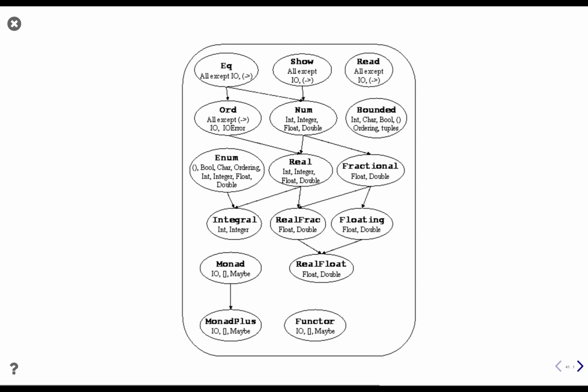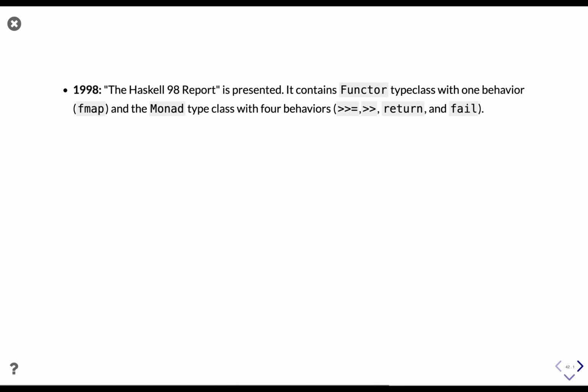On top of that, the functions that these type classes provided were slightly different than the modern ones. Even though the details of how this evolved to the current state and how it will still evolve are interesting, for the sake of time, this is the overview. In 1998, the Haskell 98 report is presented. It contains the functor type class with one behavior, fmap, and the monad type class with four behaviors, bind, then,